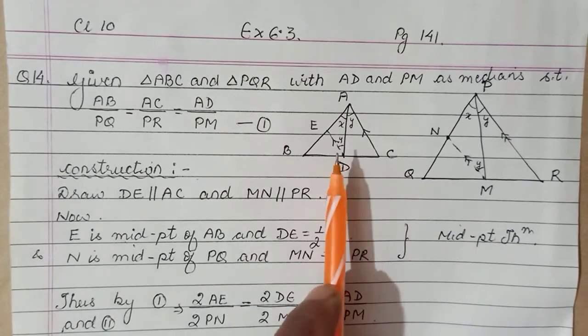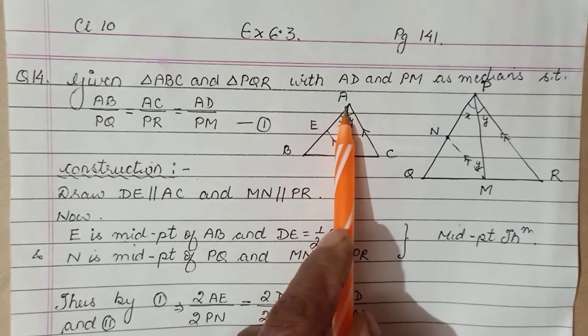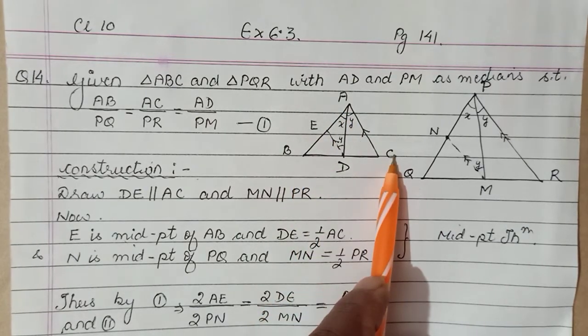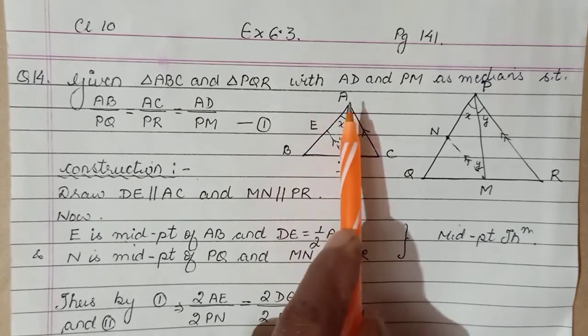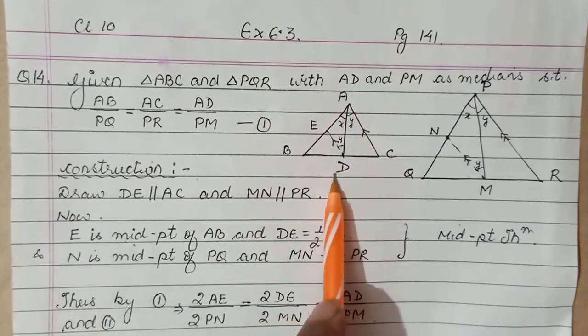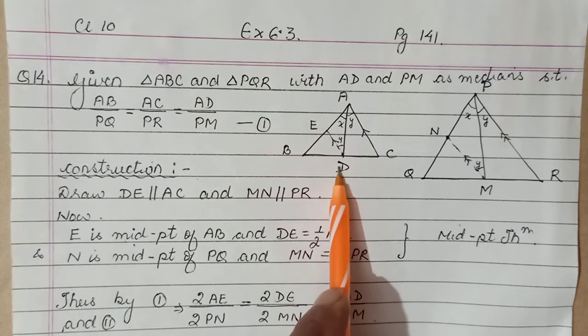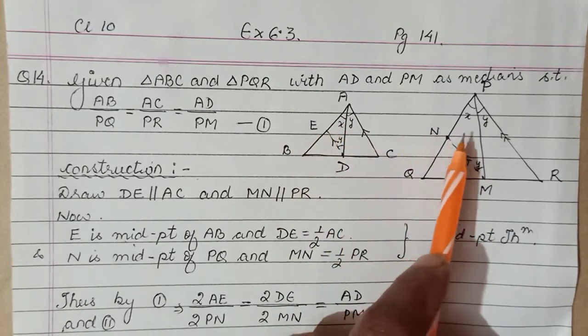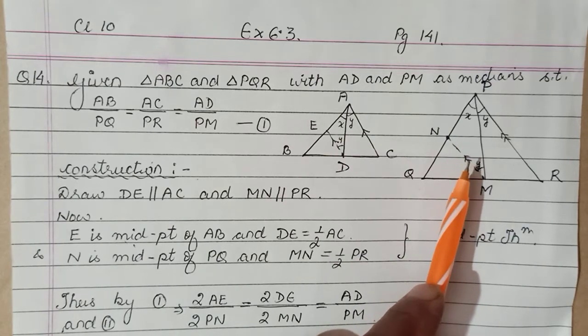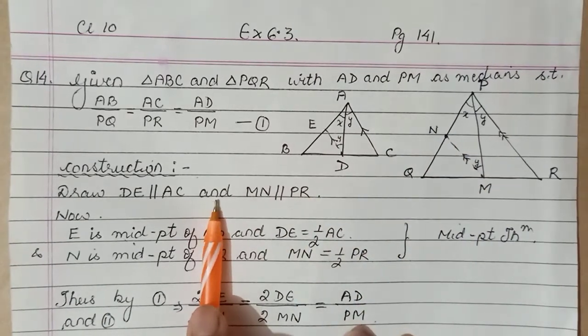There also we had done this, but at that time we got the proportion of AB and BC along with the median. Now we have sides AB and AC proportional with the median. There we did SAS, here also we will do SAS, but proving that the angles are equal requires lots of work here. So let's see how we have gone about it.